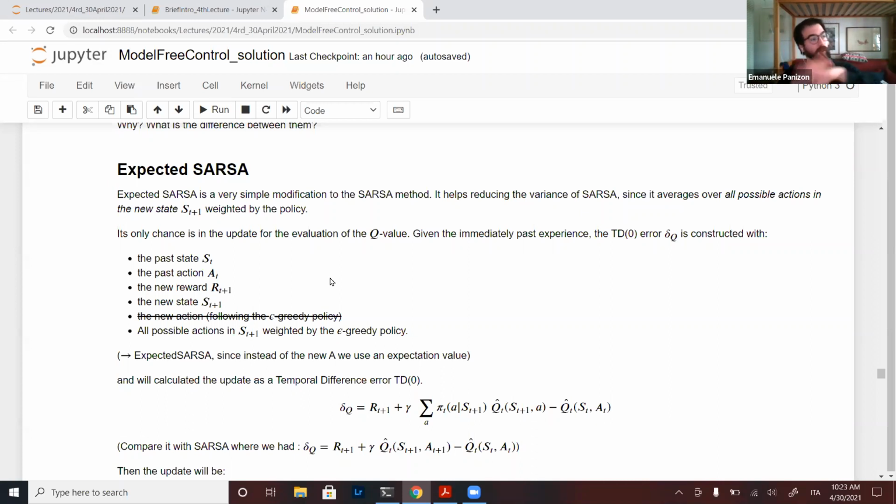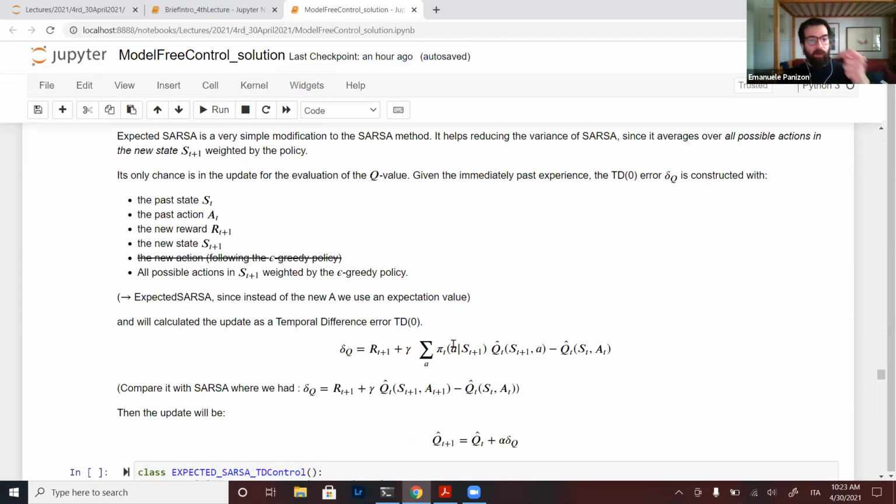So a way to remove that is to say, wait, if I am in a new state S_{t+1}, I'm not asking for my trajectory where I'm going. I'm not trying to find, as Q-learning does, the best thing I can do, but I will try to find the expected Q value following the policy I'm actually following.